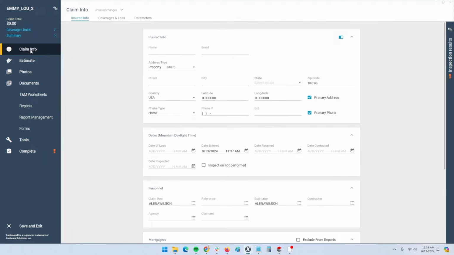So we'll start with step 1, which is claim info. And I'll mention these steps again, so don't worry if you're taking notes. But claim info, we're going to just go ahead and fill this out here and get all the particulars. I'm not going to do that for you today, but you do need to fill out name, email, and then the street address. And then the date of loss is important if you're trying to key off of a hail